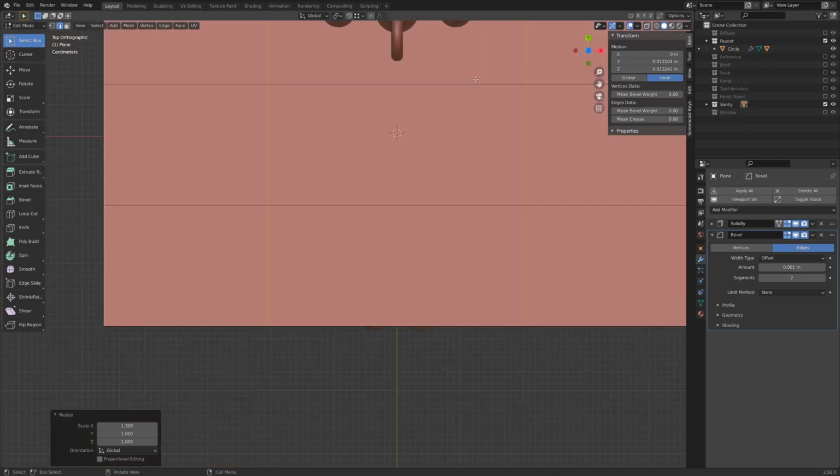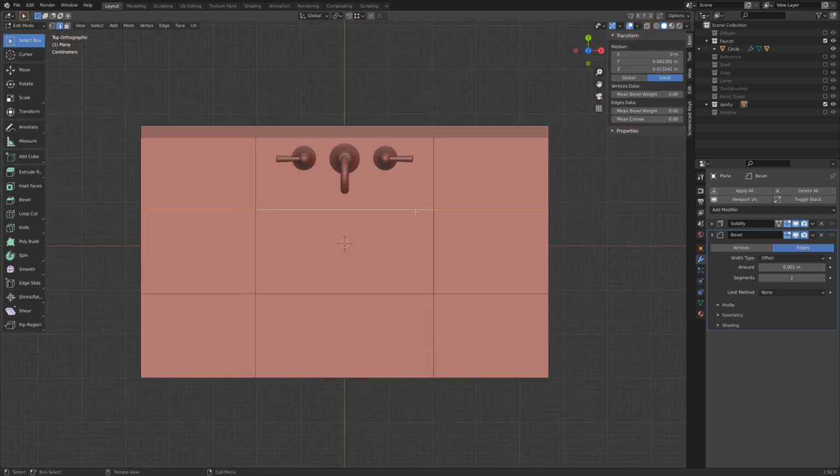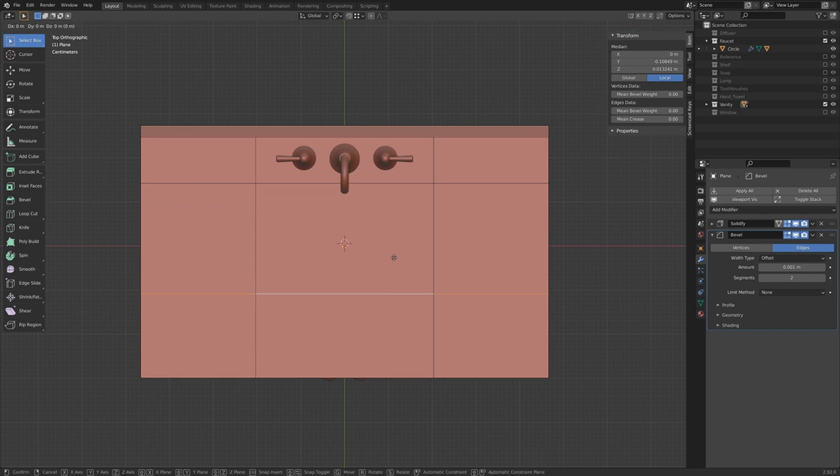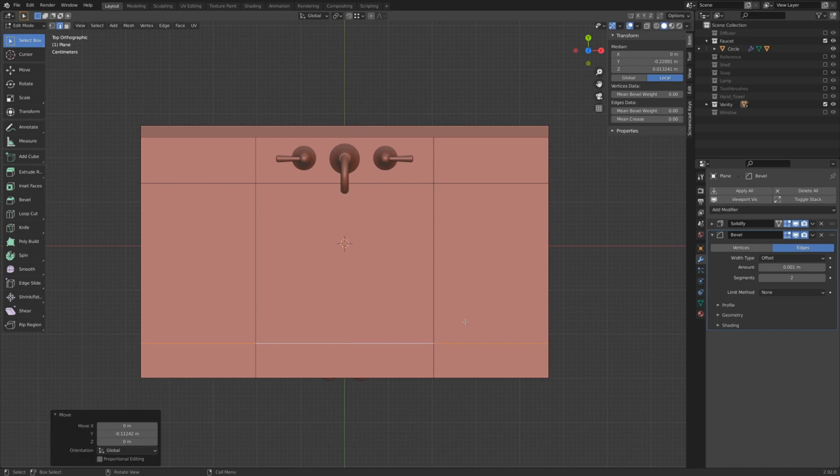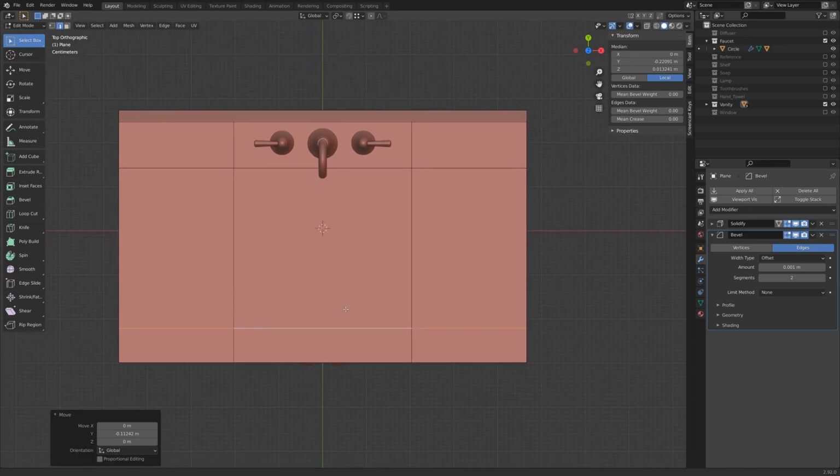We'll go to top view and take this back edge of the sink, and we're going to move that on the Y to about there. And this will move on the Y to about there. So now we have a rather square looking sink,